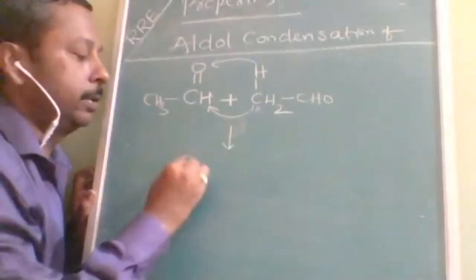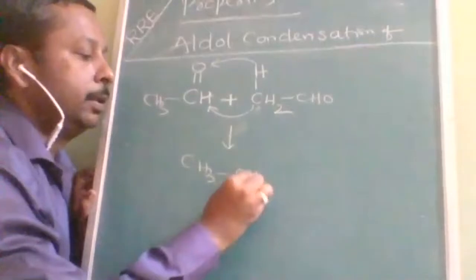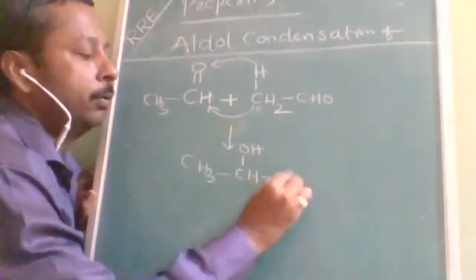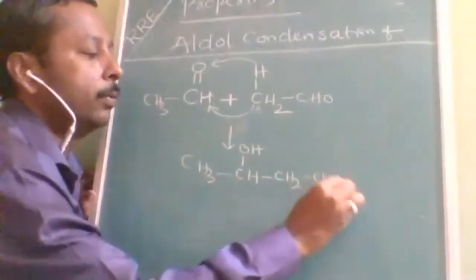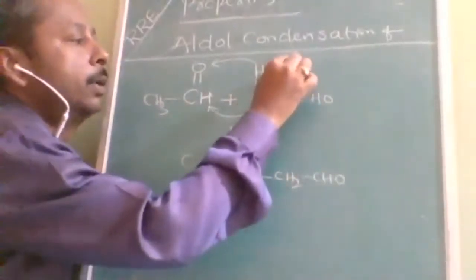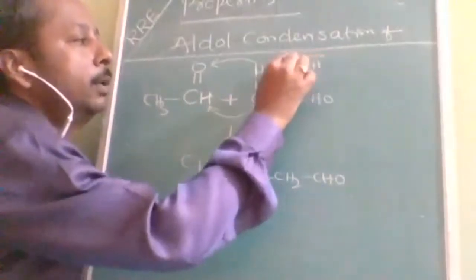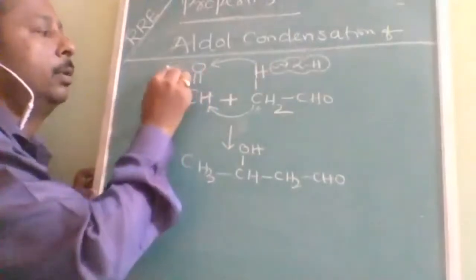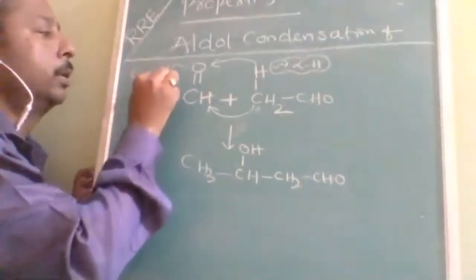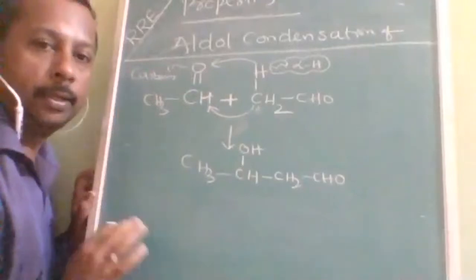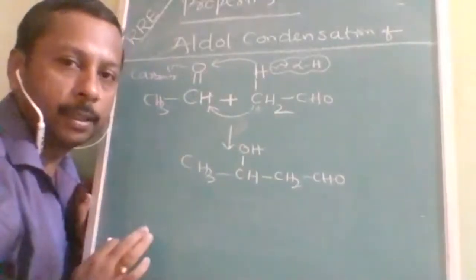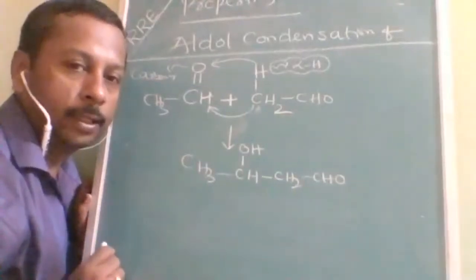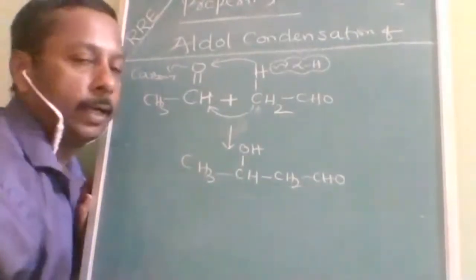Very easy technique. So CH3, CH, and this is going to be OH. Now it is going to be attached over here, and CHO. Is it understood? So this is what you have to highlight: in the first molecule the alpha hydrogen, in the second molecule the carbonyl group. Then easily, automatically, there won't be any mistake, and there won't be much time taken either. Directly you will be able to write the answer. So this is an alpha hydroxy aldehyde.